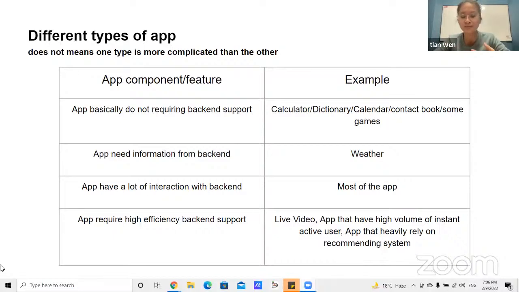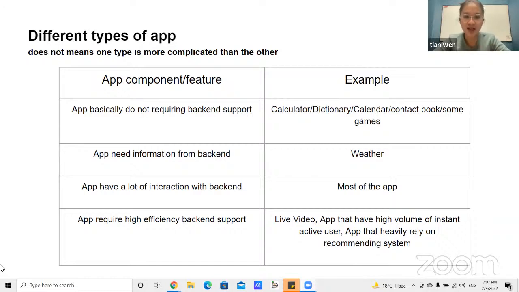For example, with WhatsApp, when you send a message to a friend, you are actually sending a message to the server, and the server needs to record the data that you said hello to your friend. Then it will find your friend's account and send the message to your friend's phone. So there is a lot of interaction.